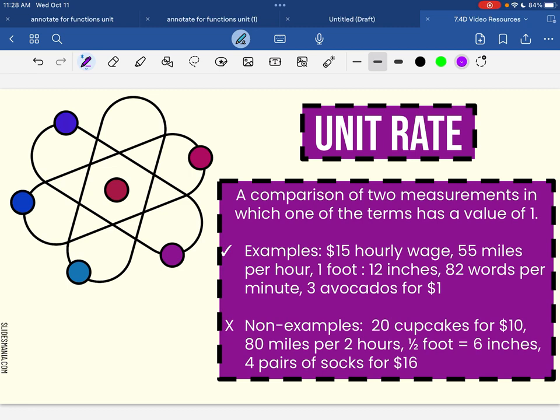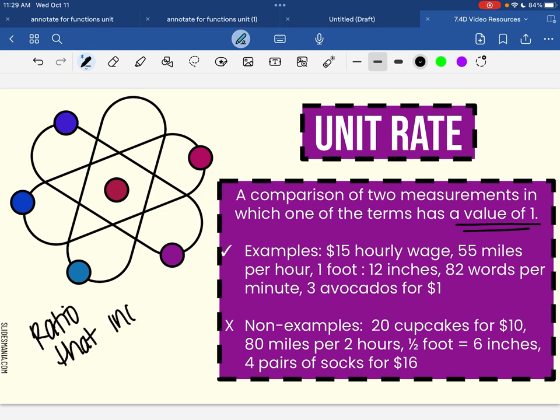Hey guys, today we are going to be taking a deeper look at what unit rate is. On the screen right now, you have a definition for unit rate. A unit rate is a comparison of two measurements in which one of the terms has a value of 1. This is important because when we think of things that we already know in terms of units, like unit fractions, one of the values is 1. So a unit rate is a ratio